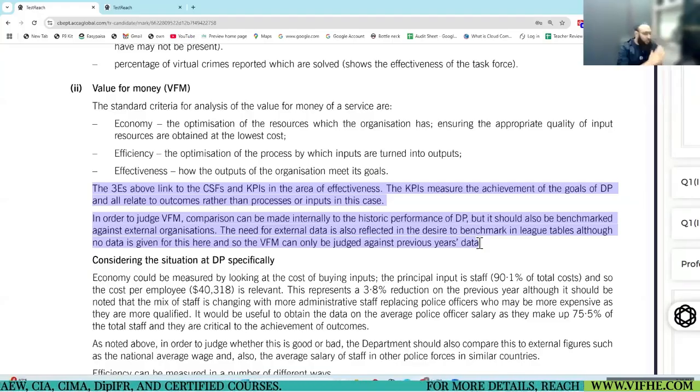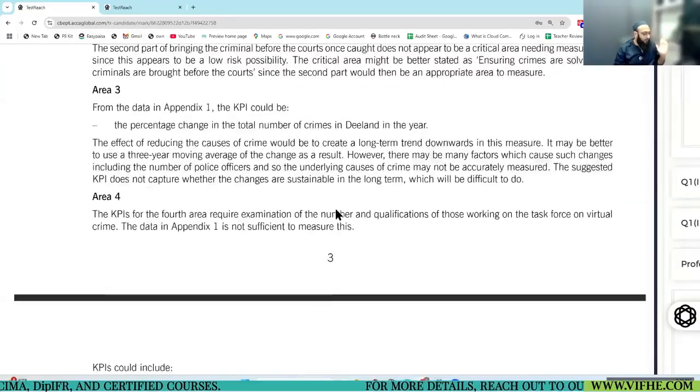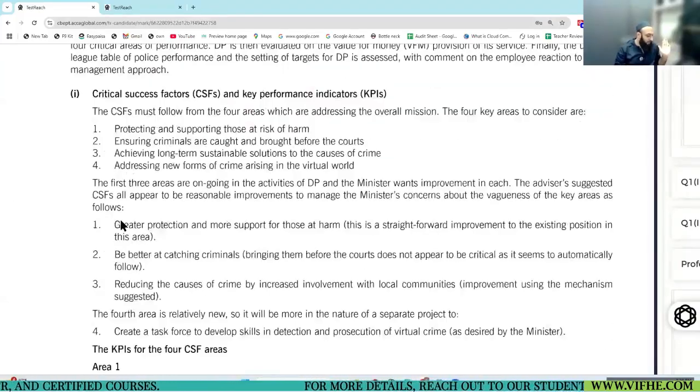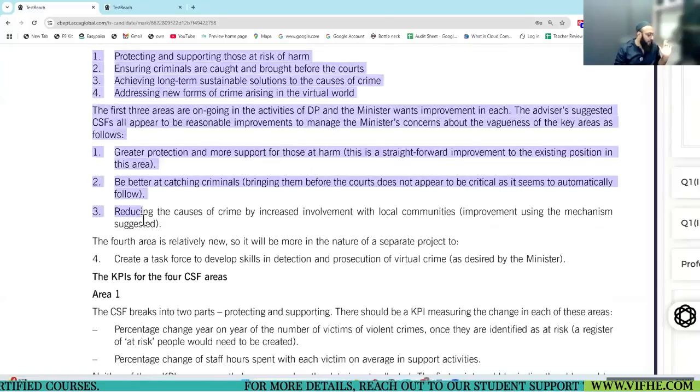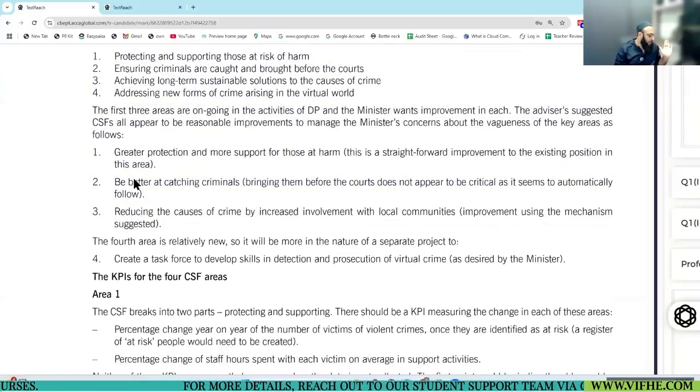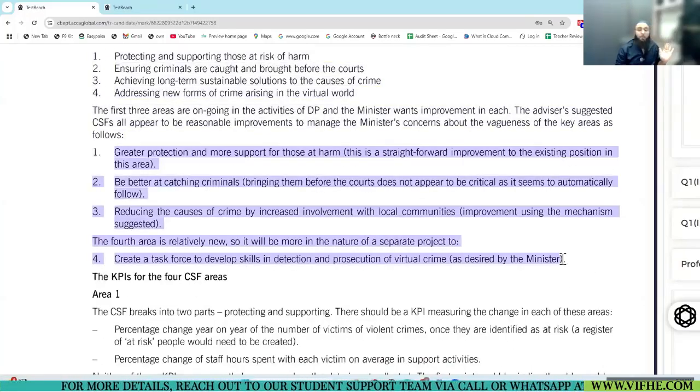All the CSFs mentioned above, these four CSFs and the KPIs that we came up with, because CSF and KPI are connected to each other. All these CSFs and KPIs were linked with economy.